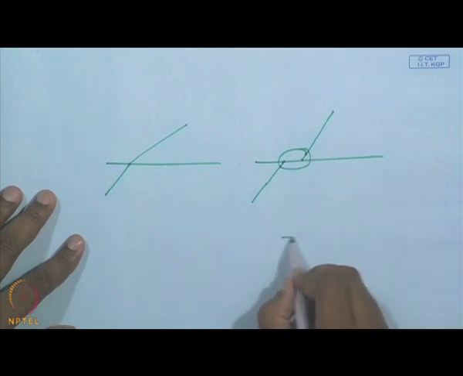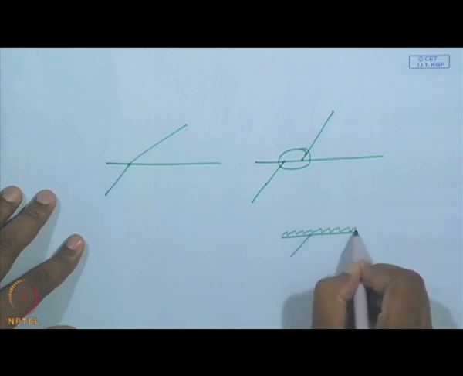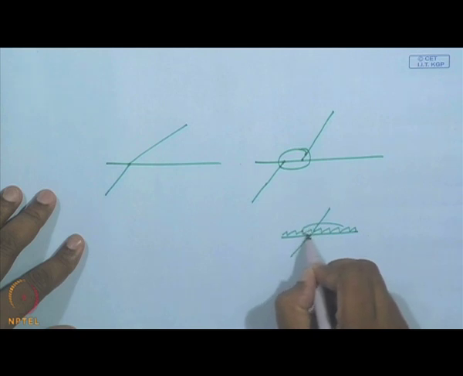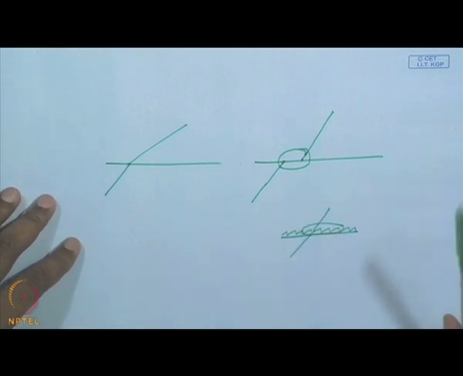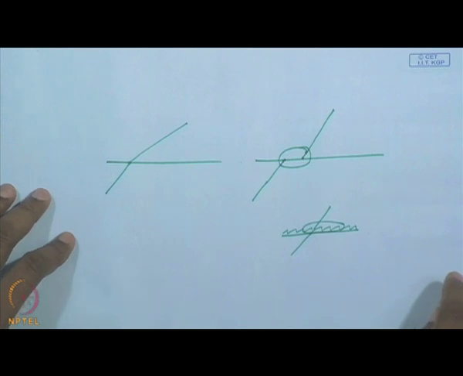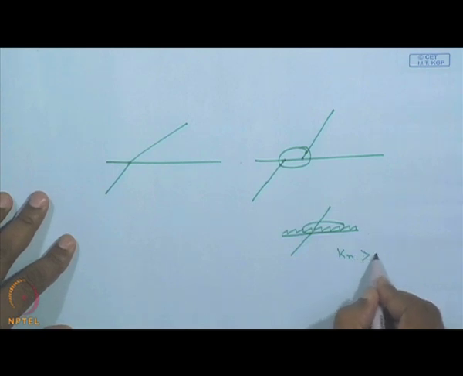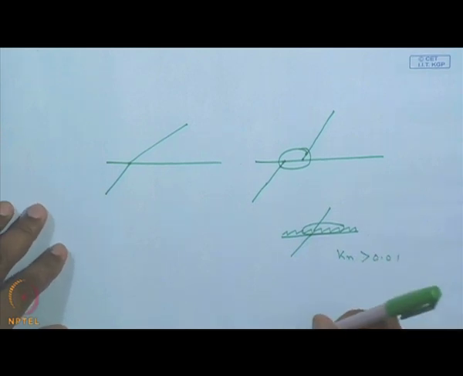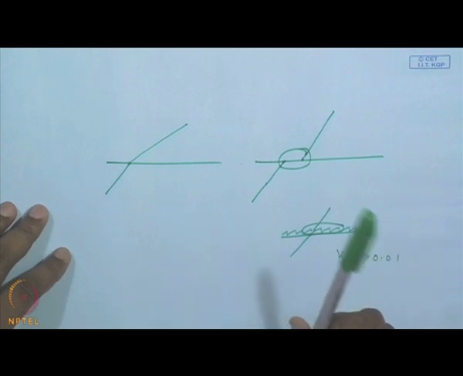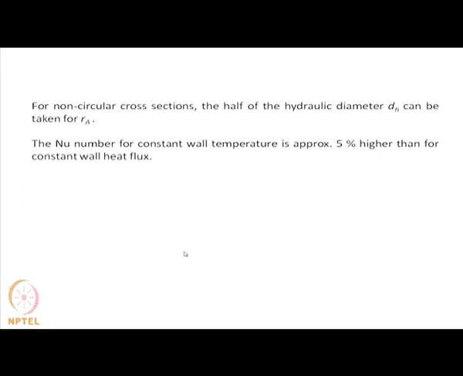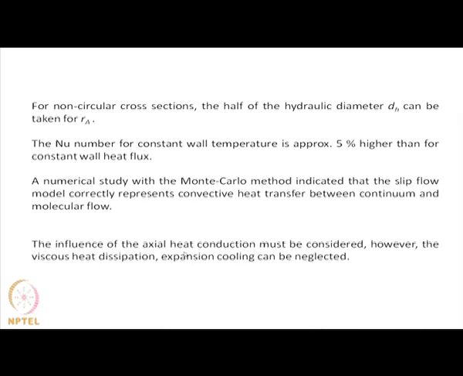So, we could think of a situation in which I am adding an additional resistance over here, and this additional resistance is the temperature jump in rarefied gases for cases where the Knudsen number is greater than 0.01. So, this temperature jump coefficient G can be regarded as an additional distance to the curve. So, for non-circular sections, in order to calculate these, half of the hydraulic diameter can be taken for Ra, and